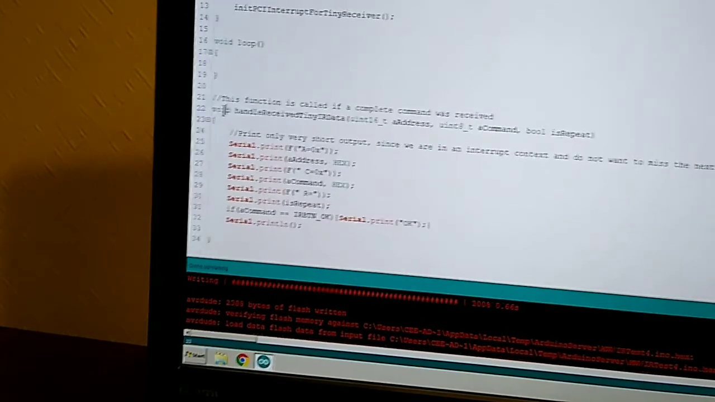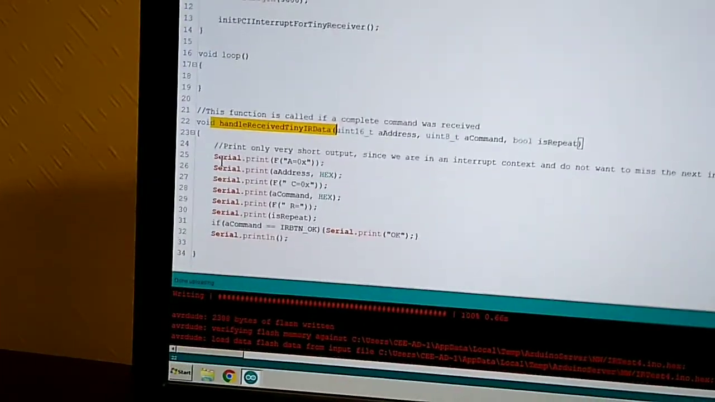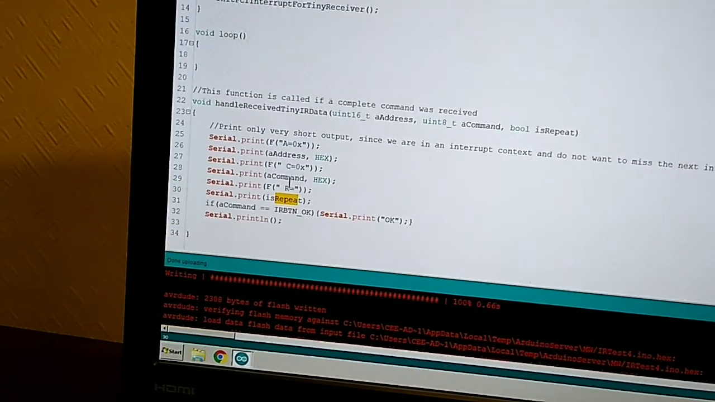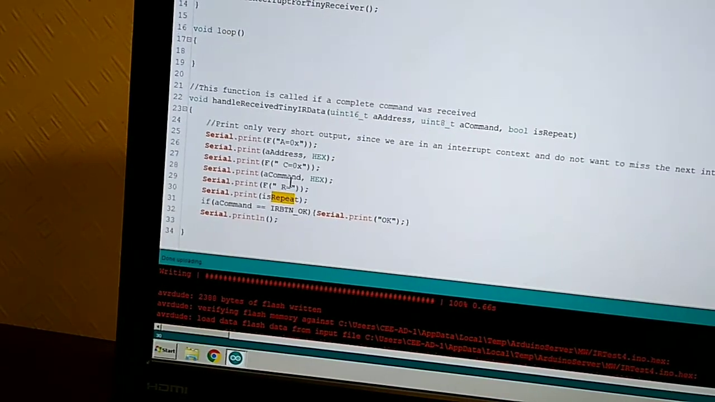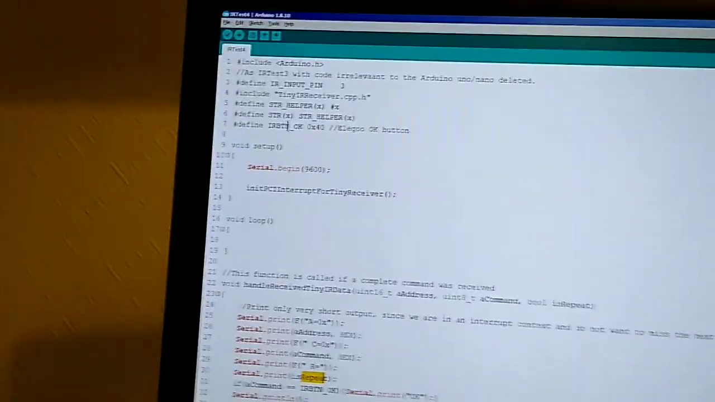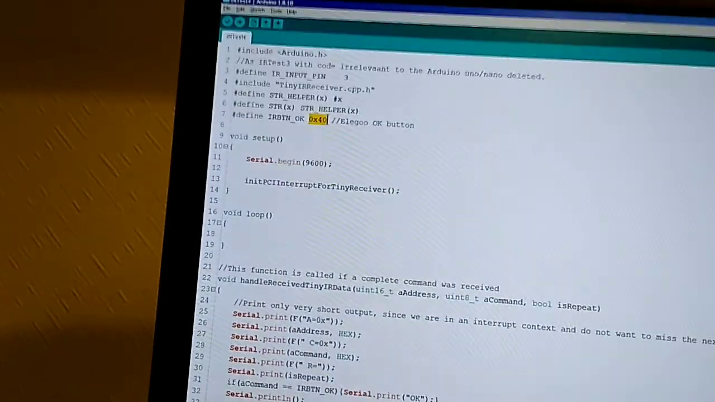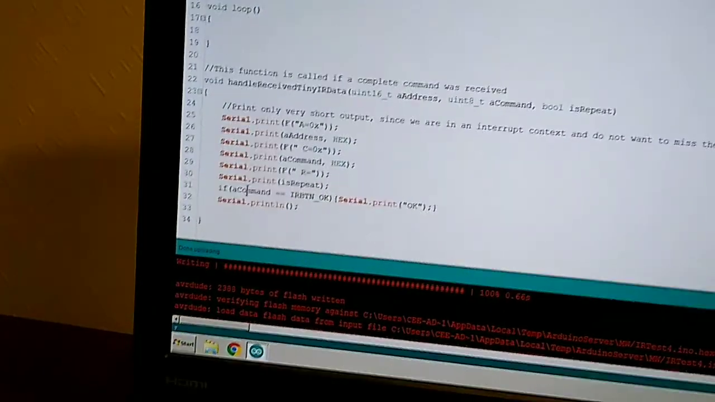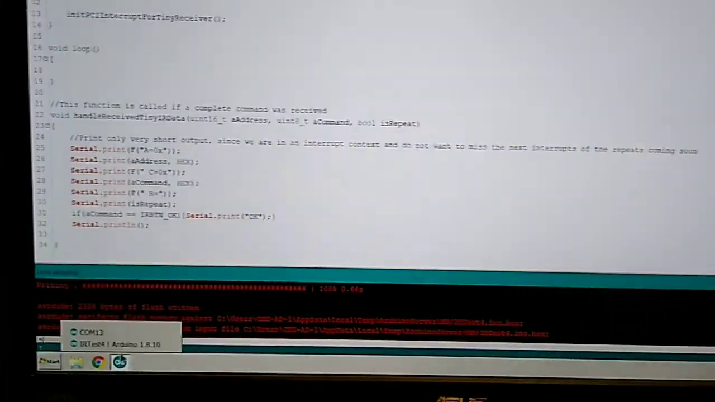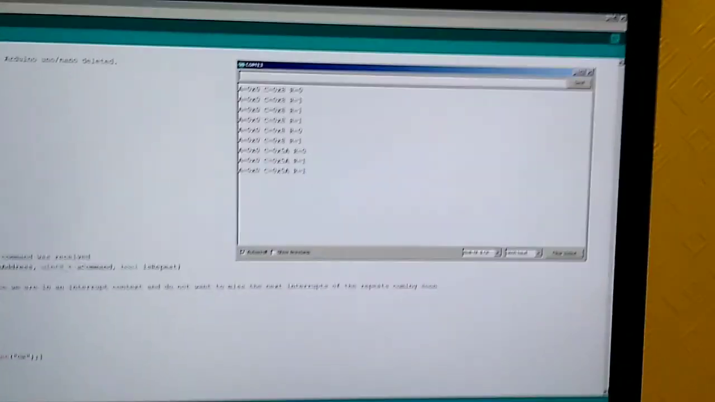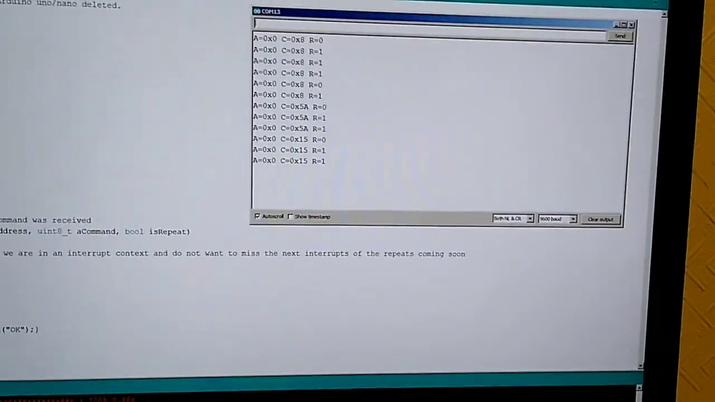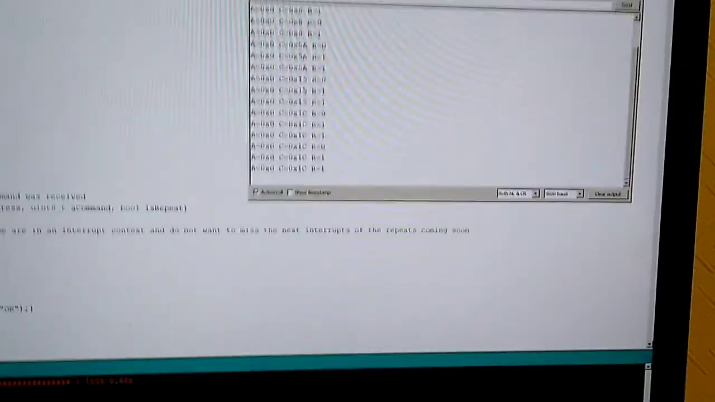So in this function, I've got it to print out on the screen the 3 parameters: the address, the command, and whether it's a repeated command or not. And the address and command I've got as hexadecimal values. I also happen to know that the OK button returns the hexadecimal value 40. So I then do a comparison here and get it to print OK if the command is equal to that value. So here's some button presses I did earlier. I'll just do some more. So if I press OK, it should say OK on the end,